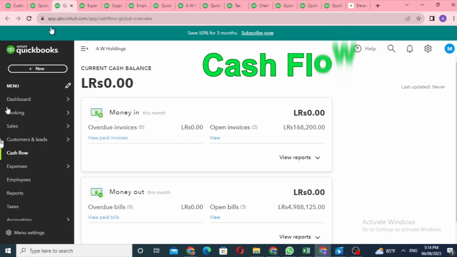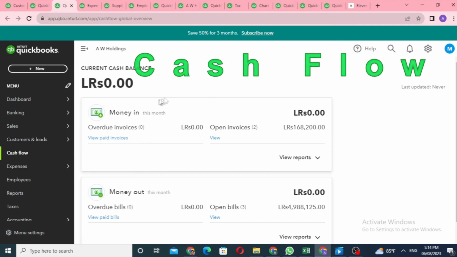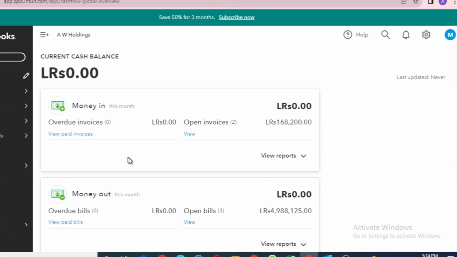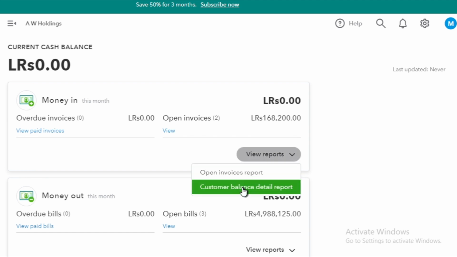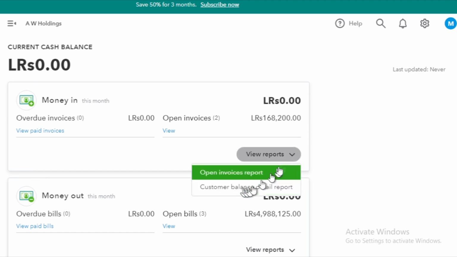Next, there is the Cash Flow page in the menu. The Cash Flow page is a useful tool for understanding and controlling your money flow. It gives you a clear picture of how money comes in and goes out, so you can make smart financial choices. In the Money In section, you can see any invoices that are overdue or still open. You can also access reports like the Open Invoices report and Customer Balance Details report by clicking the View Reports